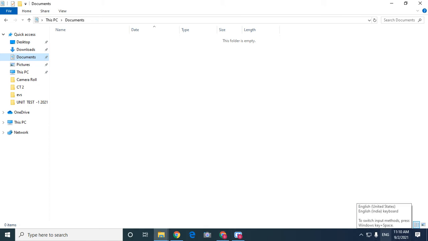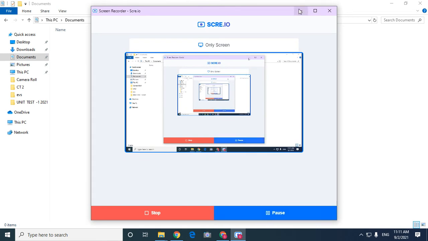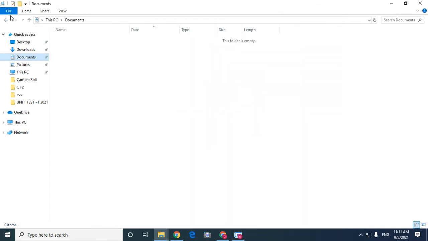Here you can see the navigation and address bar. After the ribbon, the navigation bar is there on the screen. This is called the navigation bar, from here to here.